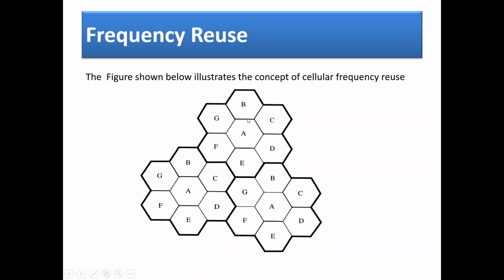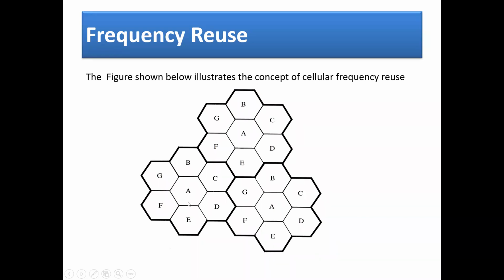So the power will be locally distributed over what? Over the area of cell A. Now if we travel from cell A to cell F, at this point, of course, we don't have the power of cell A. Why? We said the power will be transmitted in a way that it will not exceed the boundary of cell A. So after a distance, which is calculated using a mathematical formula, called the co-channel distance,